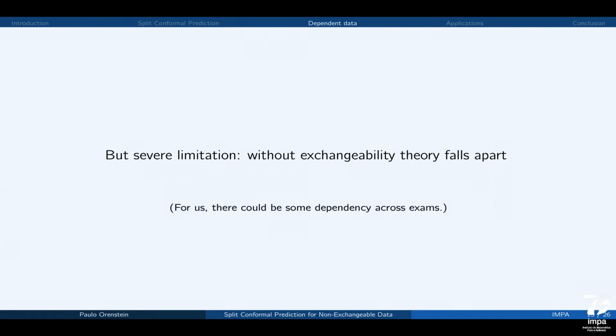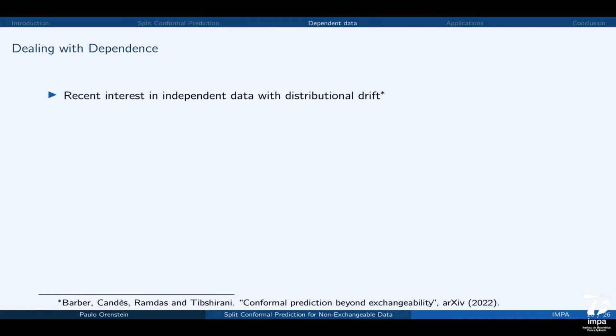The reason why we care is that there could be some dependency across the exams. In our case, for example, maybe pregnant patients are now taking supplements they weren't taking last year, and so the exams are different, so there's a temporal effect here. Or maybe pregnant siblings go to the same doctor and they have some genetic component. Who knows? Is it fair to assume exchangeability? So that's the point. There's been a lot of interest in dealing with dependence here.